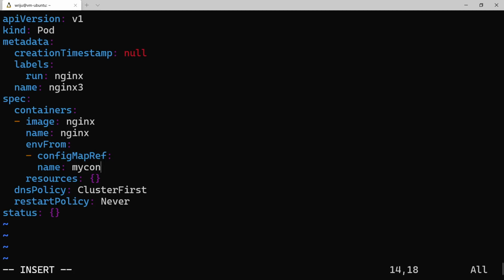Now remember one thing: one of the conventions of environment variables is that they have to be in capital letters. So you need to make sure that you are creating the config map with capital key names. The value can be anything, but the key name should be caps, just the convention. If you have that, you don't have to explicitly create each of the environment variables. So what you can do is say, I want to create a pod using